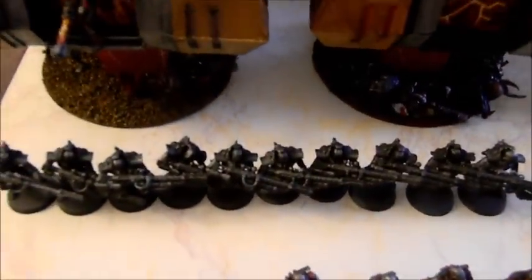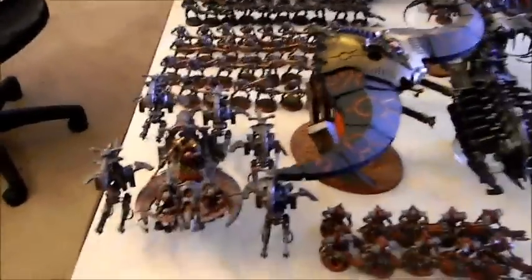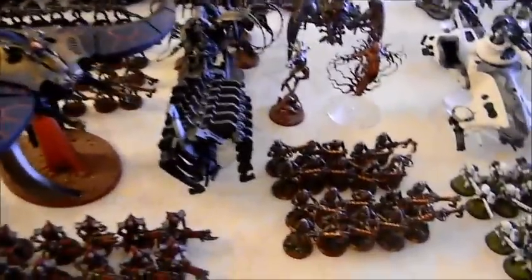I'm also running 2 Monoliths and a 10-man squad of Deathmarks as the 1 auxiliary formation that I have to use. So Deathmarks is the 1 auxiliary formation there. That's going to be my Decurion detachment, and then I have a combined arms detachment that consists of